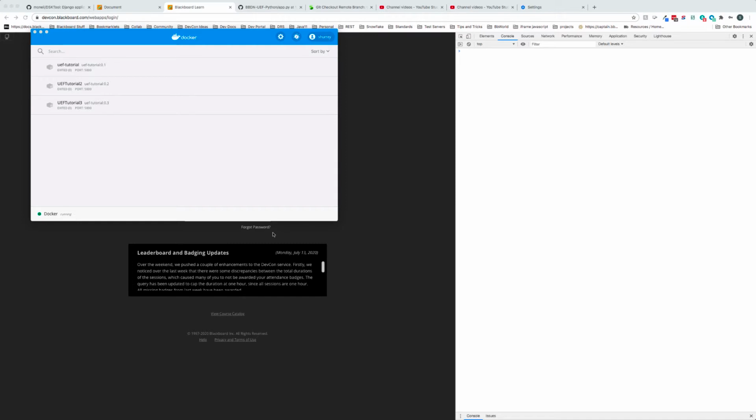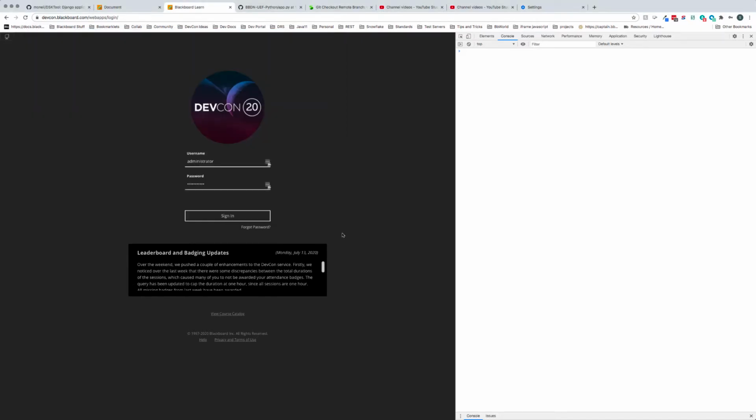Remember that when we change the JavaScript, we also have to clear our cache, and so I've already done that, but make sure you do that before you take care of that. And so here's what we need to do. We'll go ahead and sign in as administrator, which means I'm going to have to clear my cache again, but